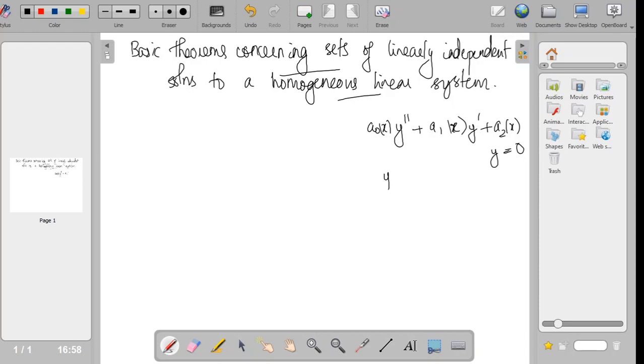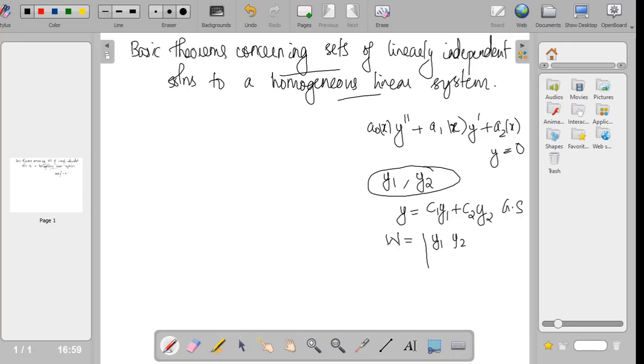So if y1 and y2 are two linearly independent solutions of this equation, then their linear combination c1 y1 plus c2 y2 will be called the general solution of this equation. Now the solutions y1 and y2 will be linearly independent provided, when you take the Wronskian, which is given by the determinant y1 y2, y1' y2',